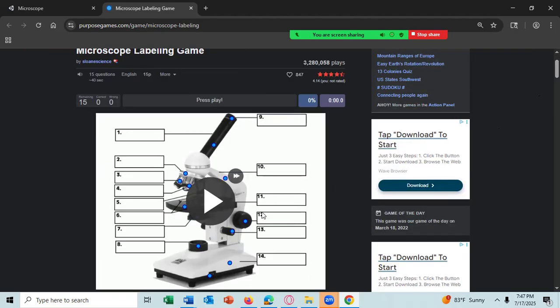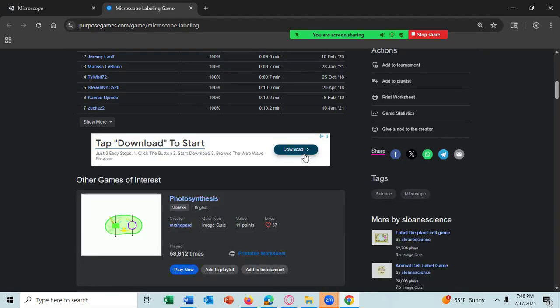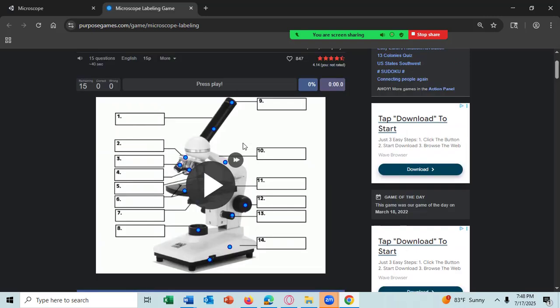To begin this, be very careful. Don't download anything. So what you want to do is only click this button here, and then this picture here. Let's go like that. This picture here. So to begin it, it's saying the arm. So use which one is the arm, and 10 is the arm,